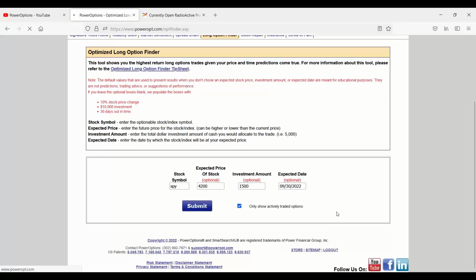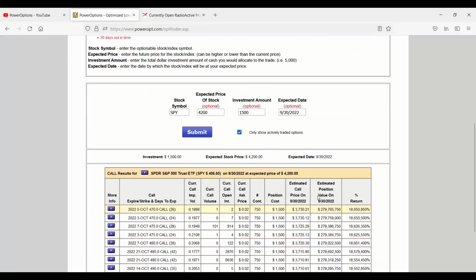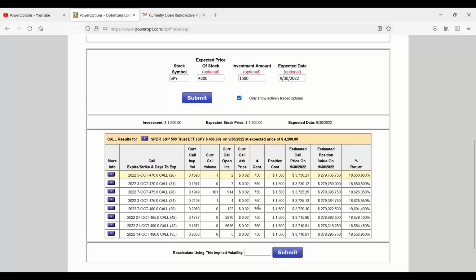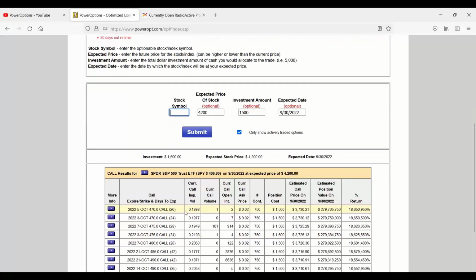Now, what this tool does is it goes out. It's going to take a while. I shouldn't have used SPY, but we did. It's going to go through every available option on SPY. And it's going to calculate what all of those options would theoretically be worth if SPY was trading at 4,200 on September 30th. And it's going to show us which call would give us the best return. Now, this is why I didn't want to use SPY. Let's go back to this one. It works. It's just that these are outrageous numbers that are being selected because of all the weeklies 2 and 3 days out. And it's showing deep out of the money ones with a very weird